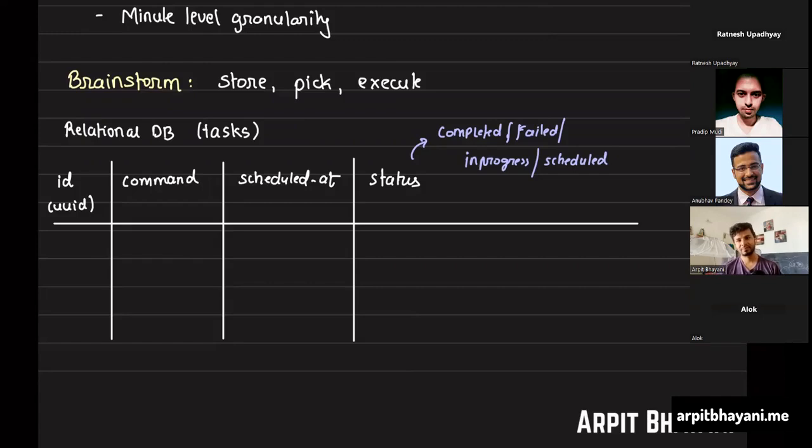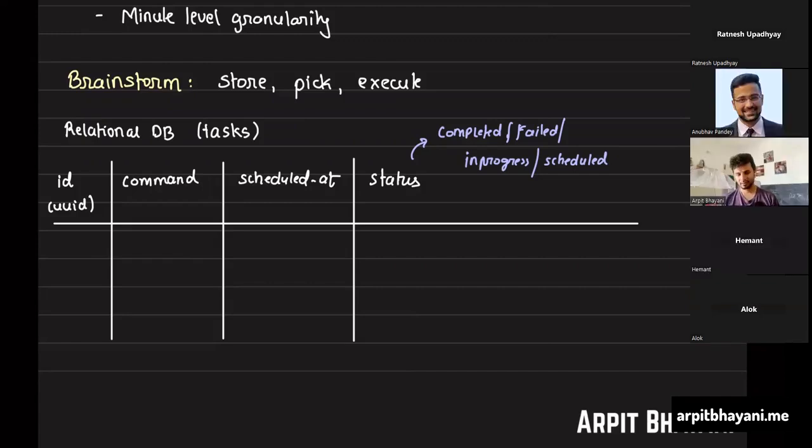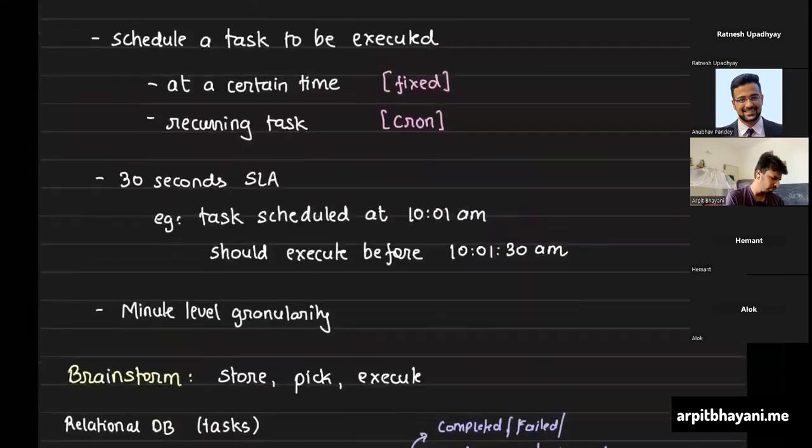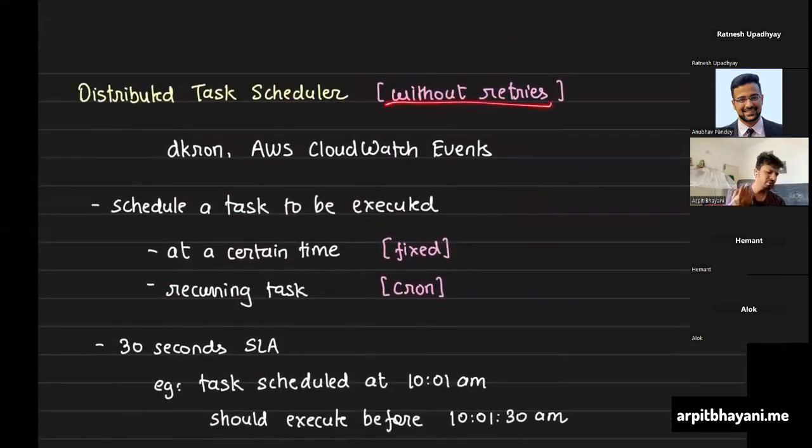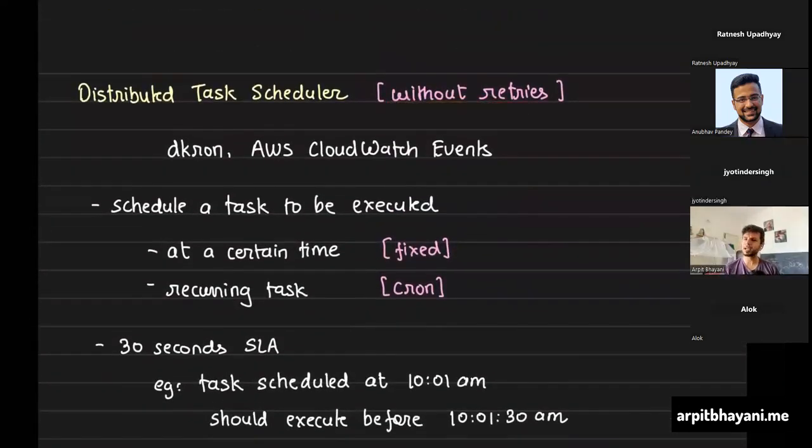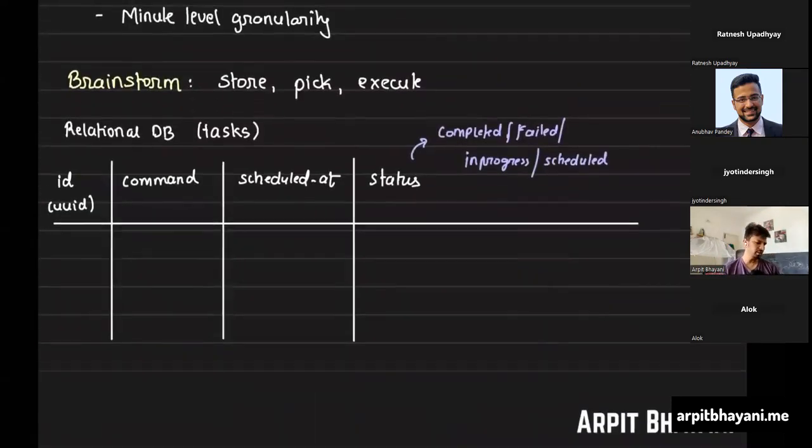Yes, I think so. Why? Because let's say one service fails, then in case of recurrence, how does the job scheduler identify that it has to reschedule this job? No, I said we don't worry about retries at the moment. It failed, it failed. But in that case, do we really need status as a column? I think in that case it is not needed. This is just for informational purposes.